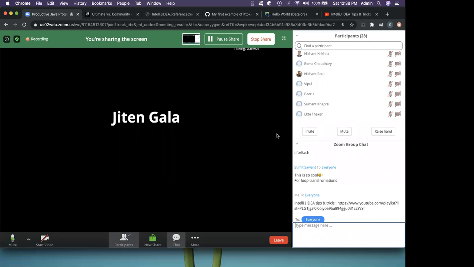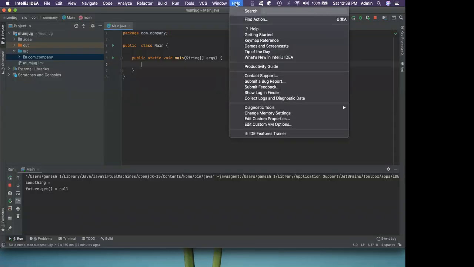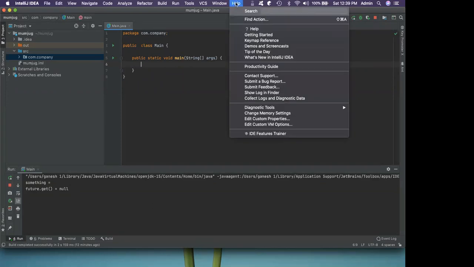And the next one is how do we try out more things, right? So as I already mentioned, one of the options is trying out the learn functionality. In fact, I would recommend EDU for that. When I say EDU, the IntelliJ educational version has tests. It has the training for the shortcuts, etc., which is quite very helpful.